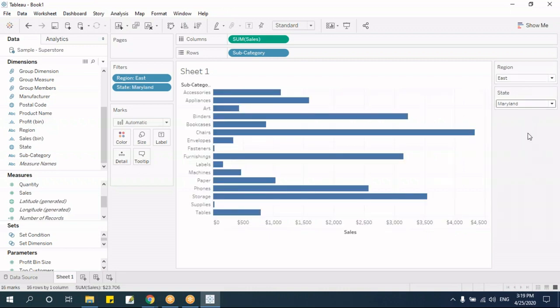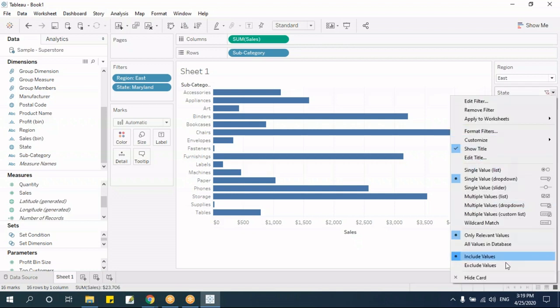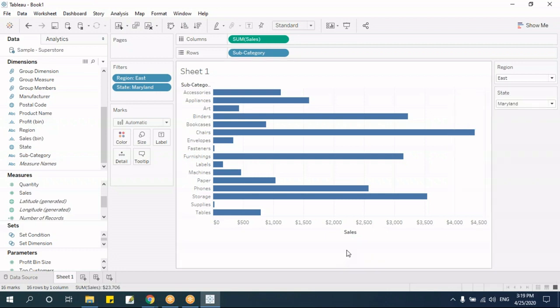So I can have multiple controls like this. This is one way of filtering. And if you have multiple values, then make sure that it is in a hierarchy, so that you'll get the filtered values for the next level. If it is not there, you don't have to bother, go here and say only relevant values. Fine. Next step,